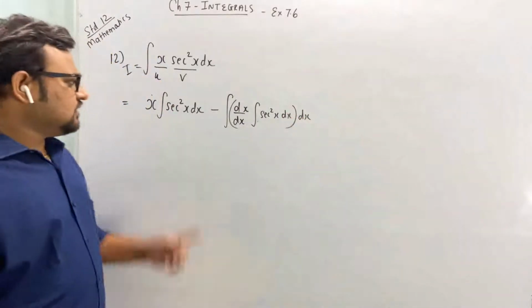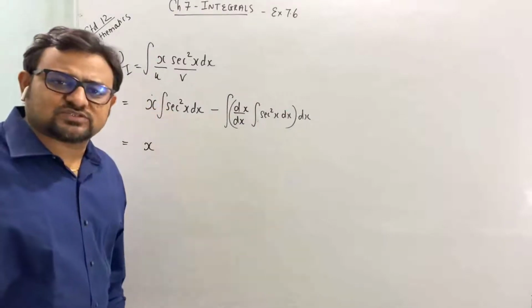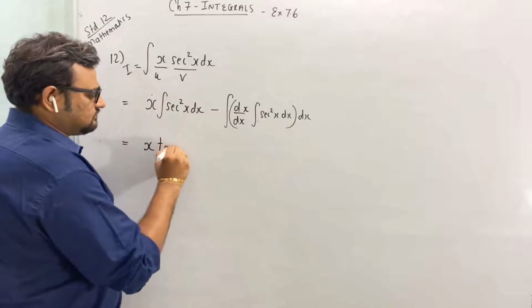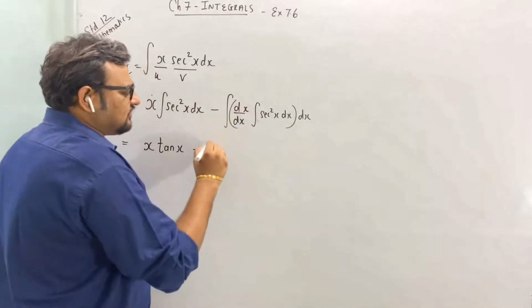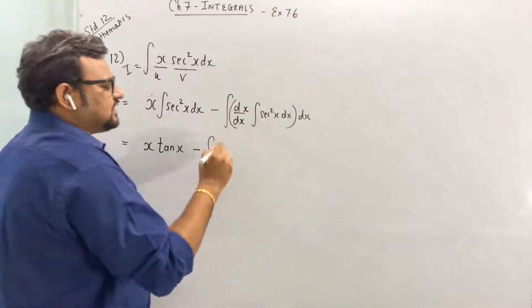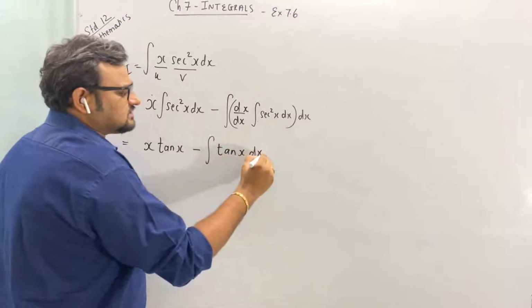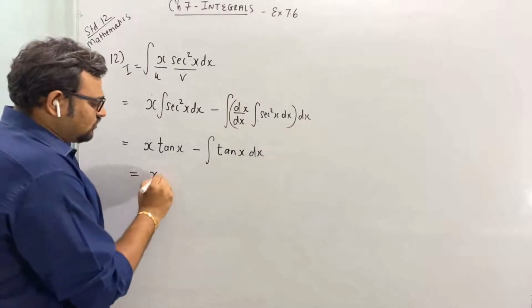Okay, so now x, what is integration of sec square x? Tan x, minus d by dx of x. This will be equal to 1. Now integration of sec square x is tan x dx. Clear? So this will be equal to x